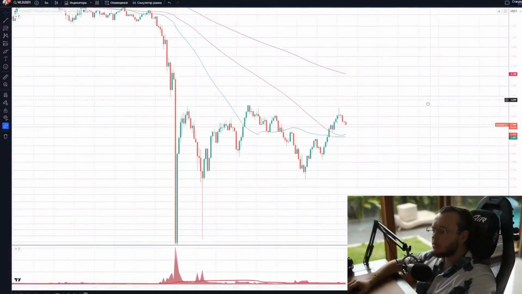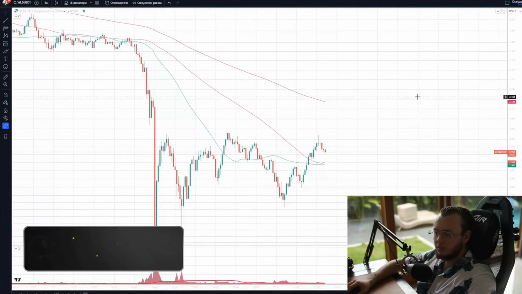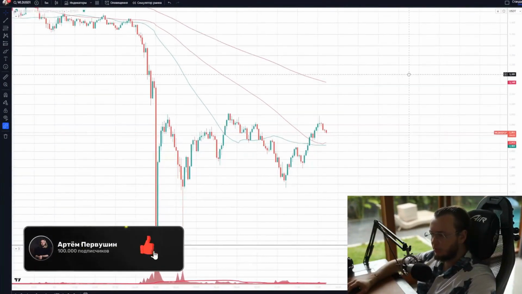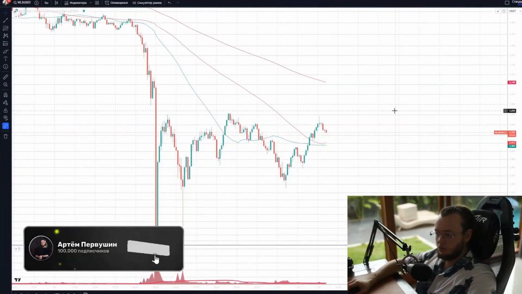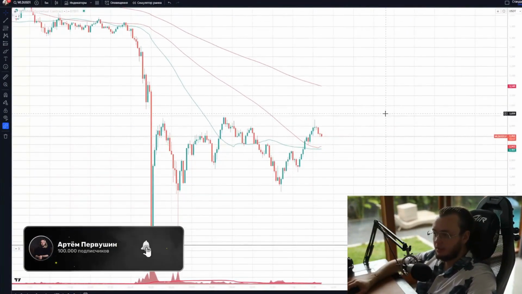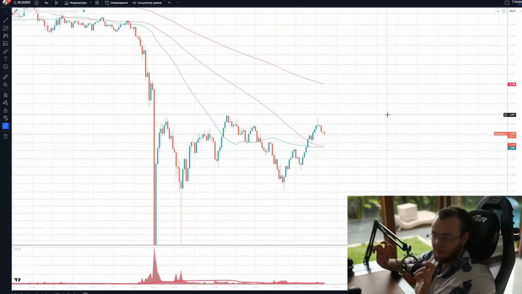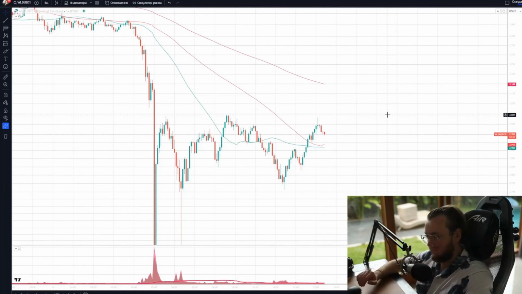Hello! I'll share a universal rule on how to properly set stop loss and take profit levels when trading in the cryptocurrency market. I want to emphasize that I trade specifically in the cryptocurrency market, and this so-called universal rule works here. If you're trading on Forex or the stock exchange, this rule probably won't work there, I don't know. Maybe it will. I just haven't tried it. It works here.